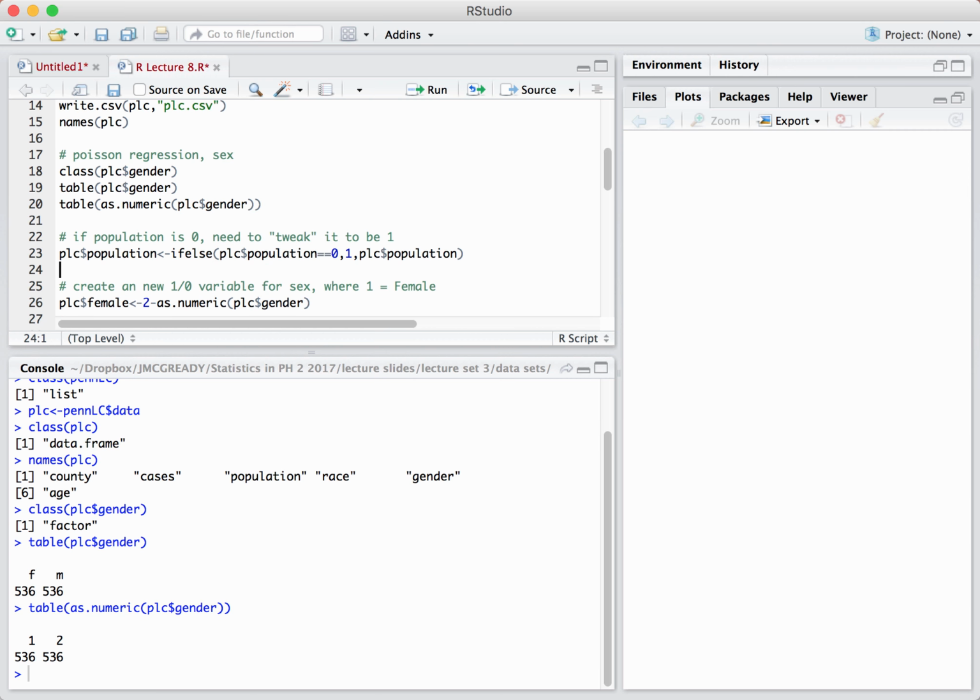Another thing we're going to need to do, and we may recall from the last session on simple Poisson regression, is that it turns out there is one county, sex, age, race subgroup in these data where there's nobody in that population. There's one county in a particular combination of sex, age, and race where there's nobody in the county who fits those 3 criteria, and it has a value of 0. And because all the Poisson computations are done on the log scale, having a 0, even though the algorithm is going to aggregate it across these different sex, age, and race groups, depending on what our predictor set is,